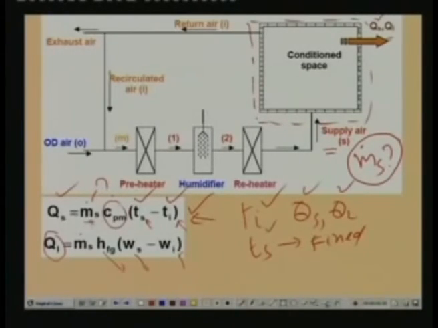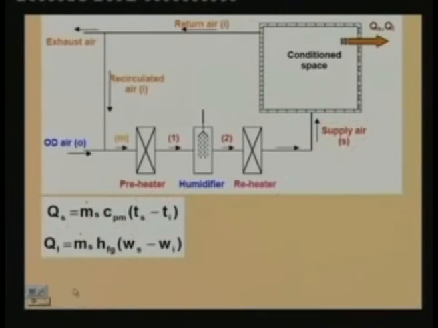Then I substitute this in this equation, and again in this equation I know the latent heat transfer rate. I also know the conditioned space humidity Wi. So, I can find out what should be the required humidity ratio at the inlet to the conditioned space. Okay. And once you know the required humidity ratio at this point, and if these things are known to you,